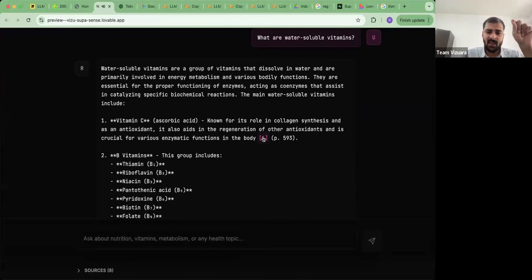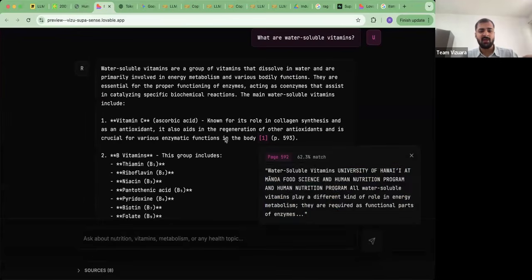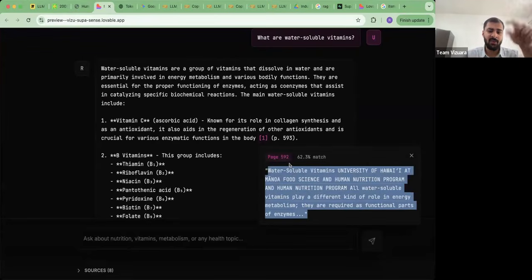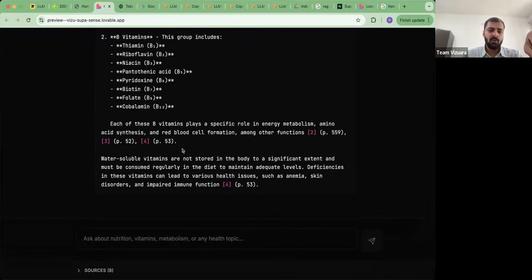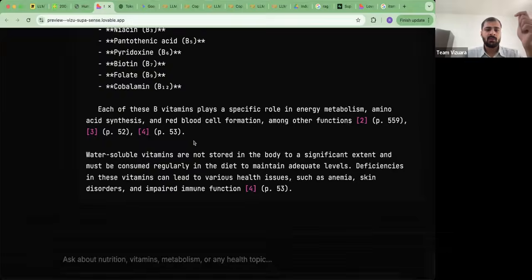Yeah, so these citations actually refer to what portion of the document this generation is referring to. See, this thing directly comes from the document itself on page number 592. This comes directly from the document on page number 53. So you are retrieving relevant pieces from the document from various places. It does not need to be from one place. You are passing it to the context of the LLM and then you are generating the answer. Okay, so that's the whole concept of